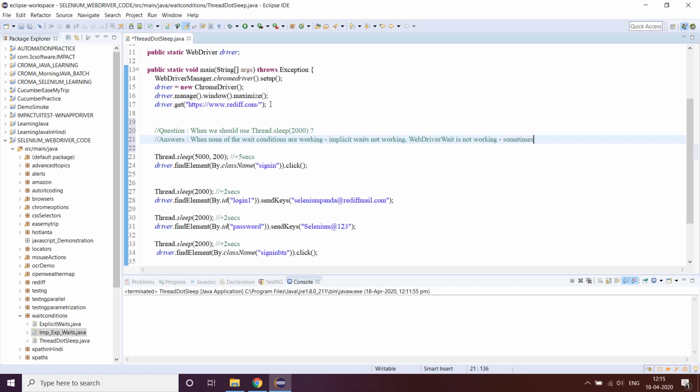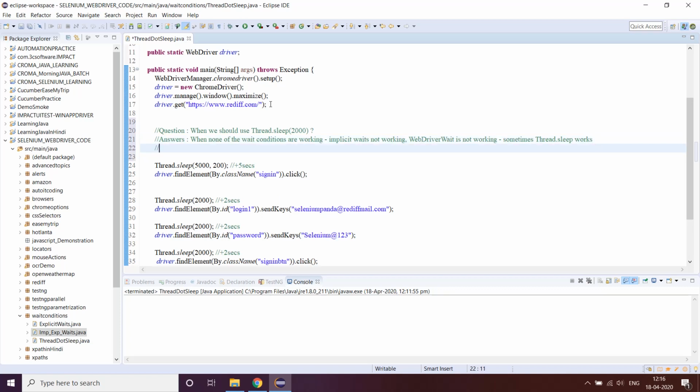Sometimes when these two are not working, thread.sleep funnily works, so you tend to use it. See, there is no concrete reason why thread.sleep works when the others do not. It just does. Sometimes it does. I'm using the word sometimes. But it somehow miraculously does.